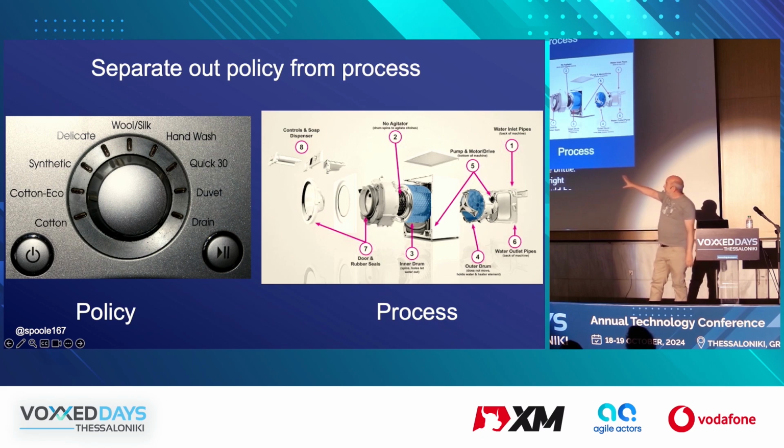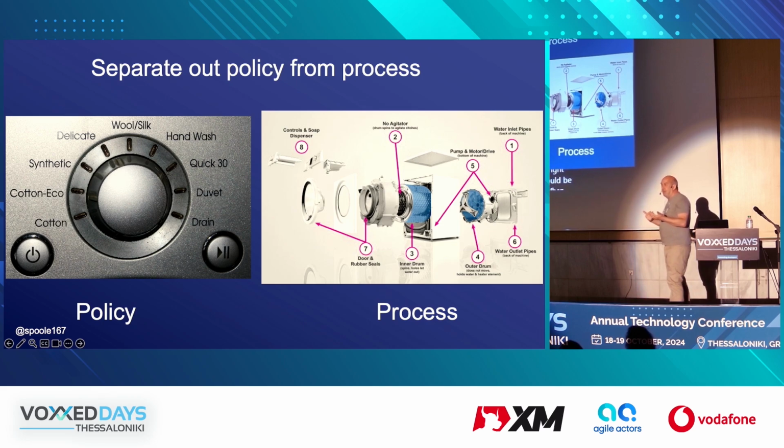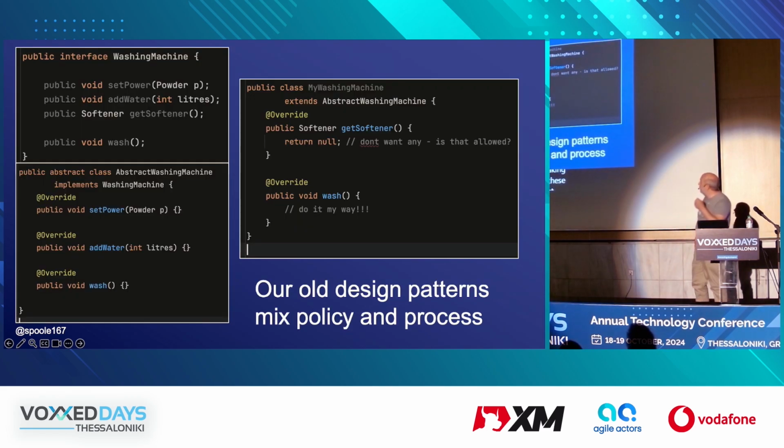policy versus process. When you interact with things, say, a vending machine, you press buttons or whatever, you're telling it what policy you want. Select me a Coke, select me a hot chocolate with this, set the washing machine to this, right? You do not get involved in the making. You do not want to get involved in the making, and the people who produce these devices do not want you to get involved, right? Because horrible things happen.